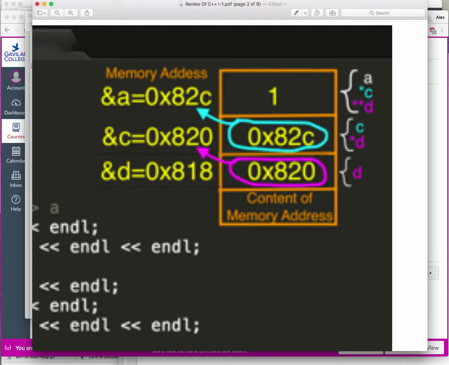The next variable also has its own memory address, right? And usually things are sequentially numbered in memory, right? So if this one is the 18, this one is going to be the 20, then the next one is going to be the 22C, right? So the numbers are after each other. Anyway, so when I say